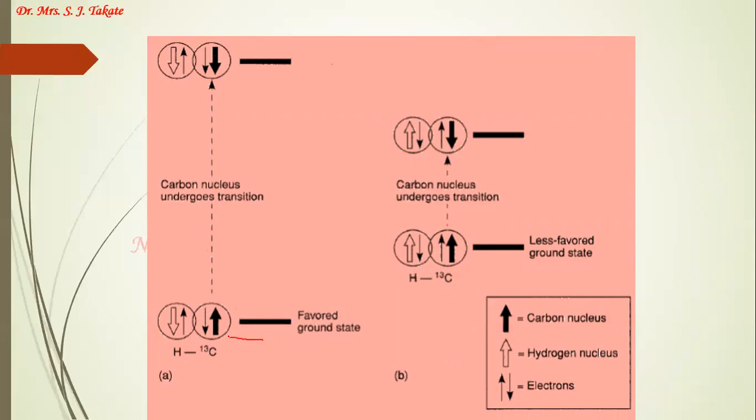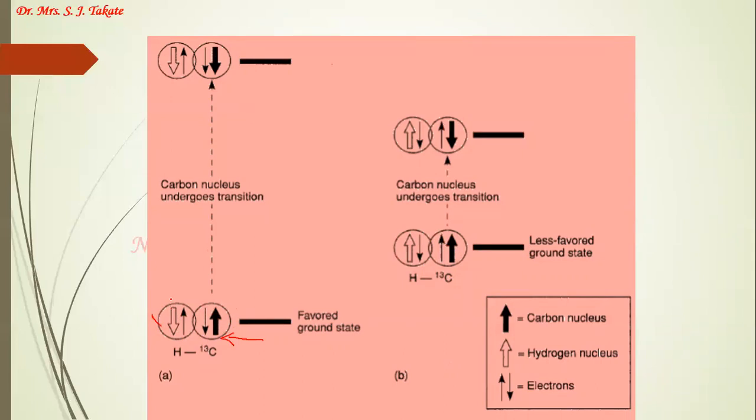This is the carbon 13 spin, which is in the ground state. Always we have to consider the nucleus which is under observation, that is in the ground state. That is, I am observing the signal of this carbon 13, how it is affected by the proton nucleus. Proton takes either an opposite orientation with respect to the carbon 13 spin, or it takes the parallel orientation with respect to the carbon 13 spin. Due to this, what happens? The electrons change their spin orientation.